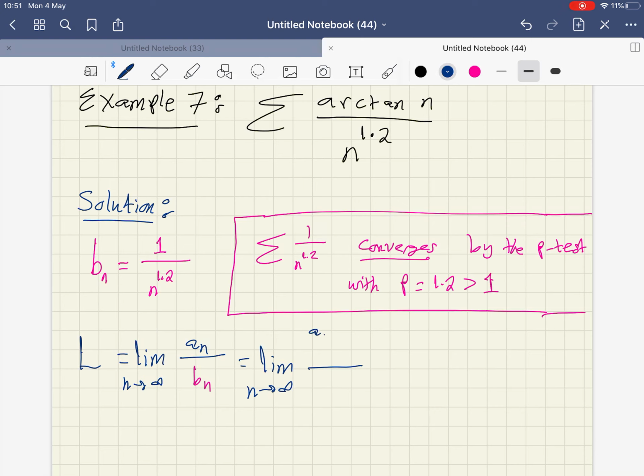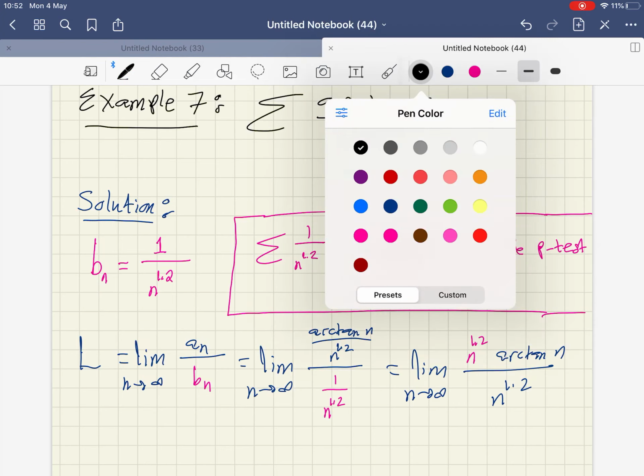An is arctan n over n^1.2, Bn is 1 over n^1.2. This is a stack of 4, so you just have to write it down. It will be arctan n over n^1.2, and then on top we get n^1.2. We do cancellation,